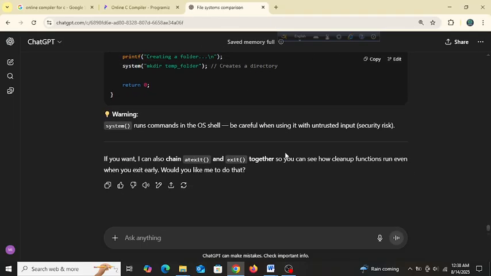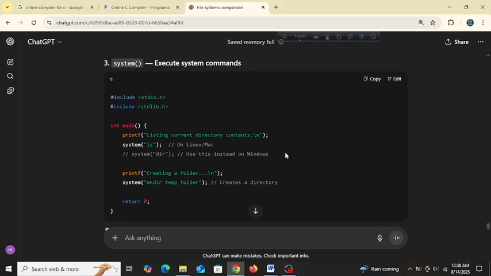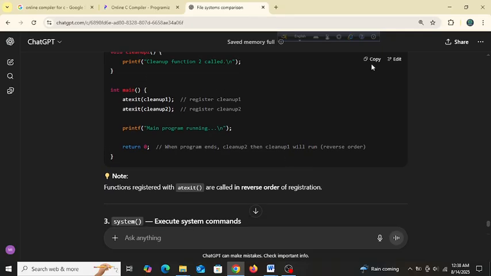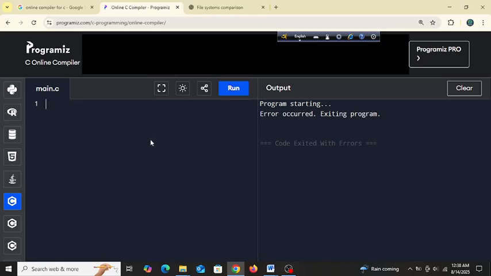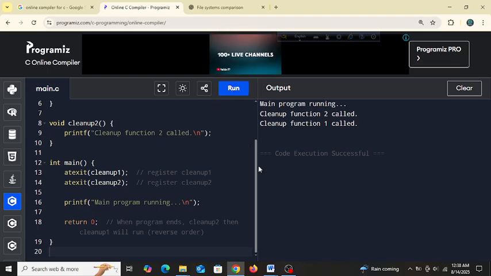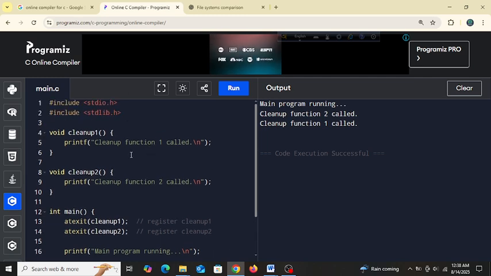There are some more files. Okay, let's see what's happening here. If we just copy these and paste in here. Main program running, cleanup function 2, cleanup function 1.